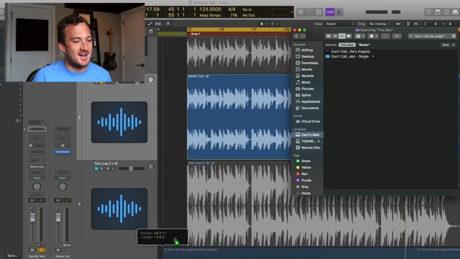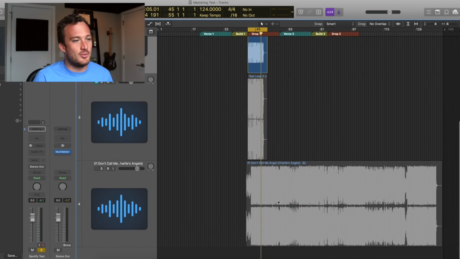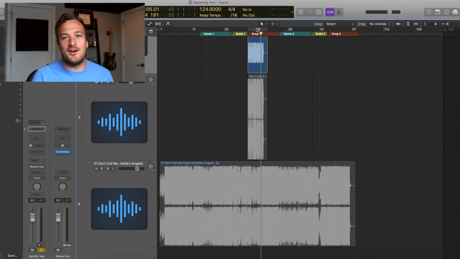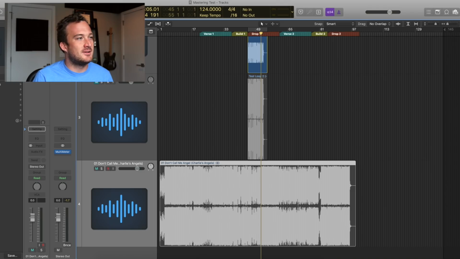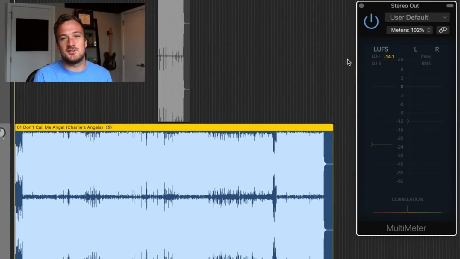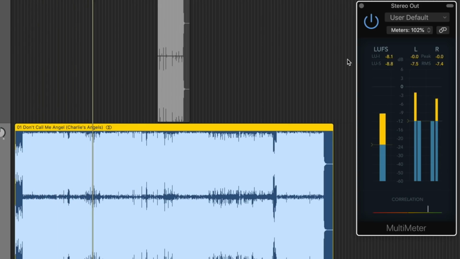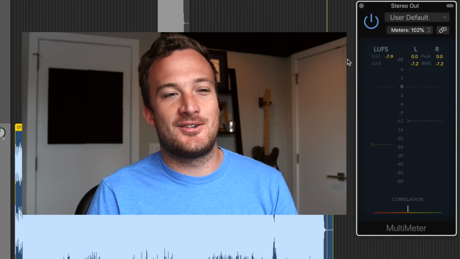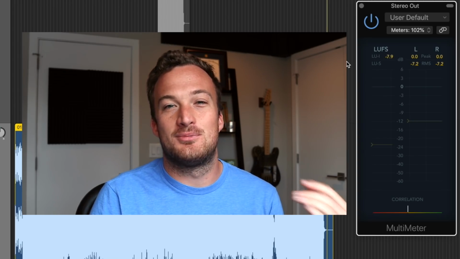I'm going to drag it into Logic here, and I'll zoom out so you can see the whole waveform. I'm not actually going to play the audio because I would definitely get a copyright infringement, but what I'm going to do is solo it and play the whole song with the metering plugin so I can get the integrated LUFS for the entire song. So I'll just fast forward it and you'll be able to see what the integrated LUFS is at the end of the song. All right, so the integrated LUFS, as you can see, ended up being minus 7.9,